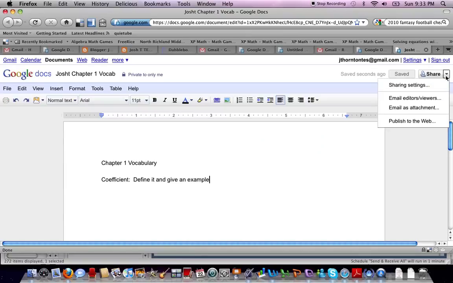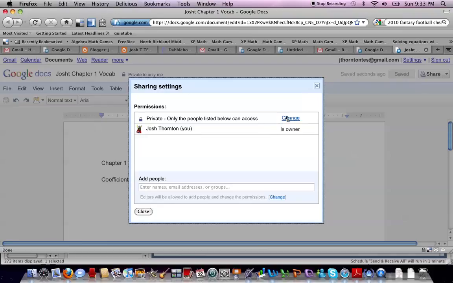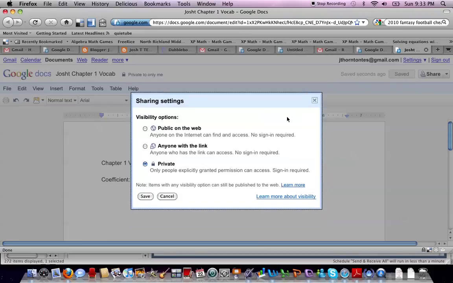Now, I want to go to Share Settings, and I want all of you to change the permissions. You want to change it. And then I want to change it to anyone with a link, because you're going to add this to your blog, and I want to be able to click the link and see it. I don't want it private, because if it's private, no one can read it, and I don't want it public on the web because I don't want everybody reading it. So I'm going to say anyone with a link,